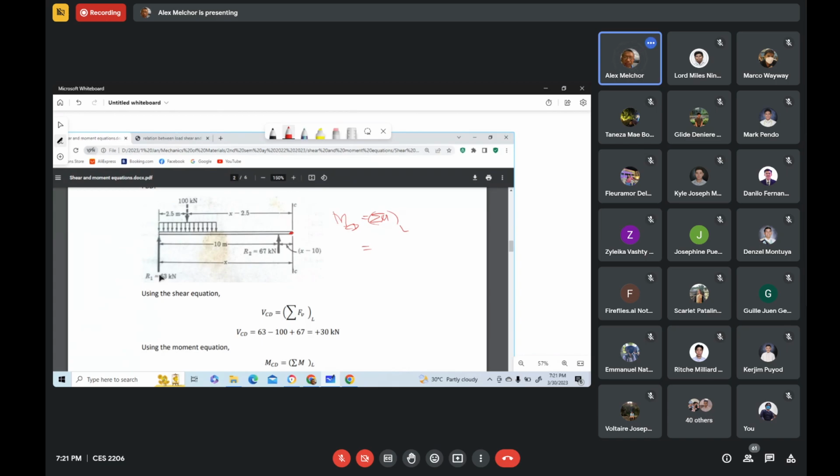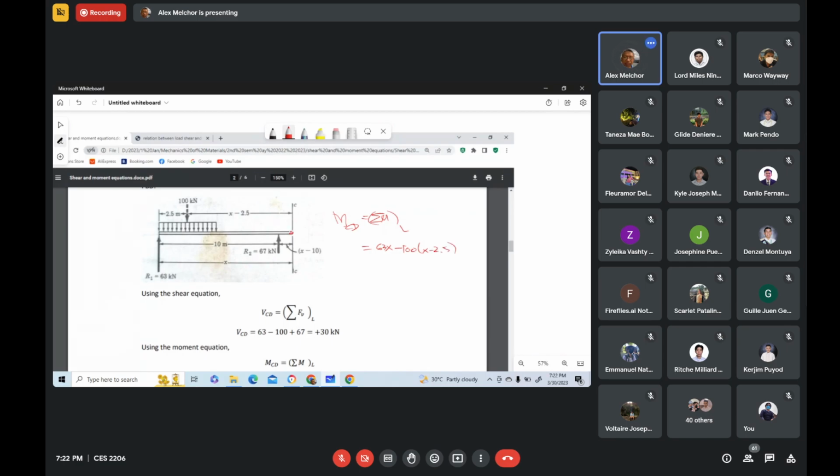So we have 63 times x, then minus the moment of that force, 100 kN about that axis there. So minus 100 times x minus 2.5,